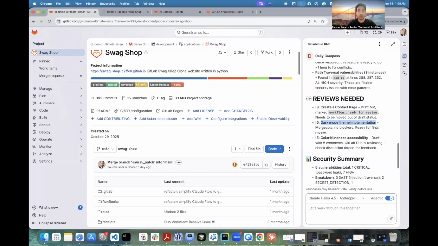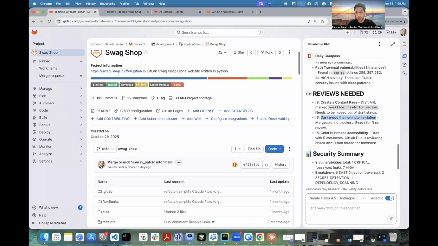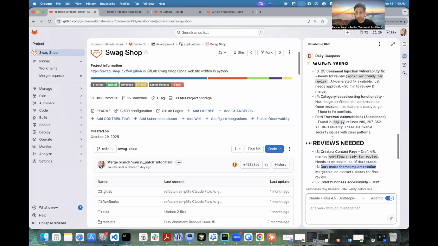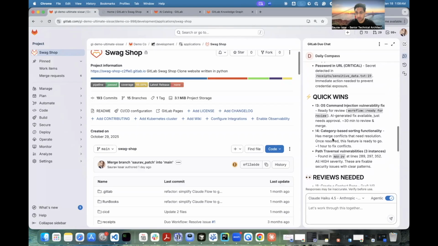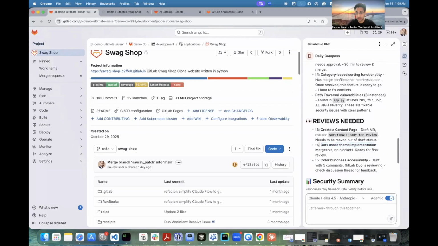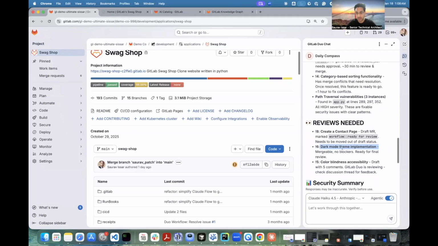The second use case I wanted to discuss is AI-assisted feature development. As we are aware, converting requirements into functional code consumes too much time, and it is very critical for any organization's success. And one of the quick wins that the Daily Compass agent has identified is basically to work on a dark mode implementation. So let's use this as an example and create an issue to implement this dark mode